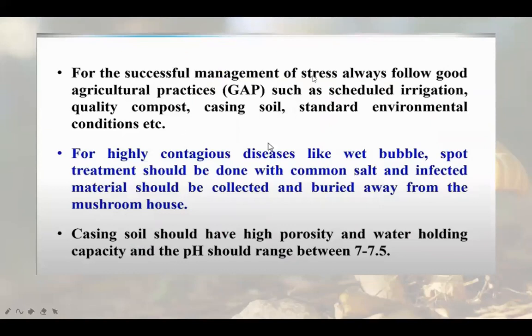Next, for the successful management of stress, always follow good agricultural practices such as scheduled irrigation, quality compost, casing soil, standard environmental conditions. So when you are going with mushroom production,